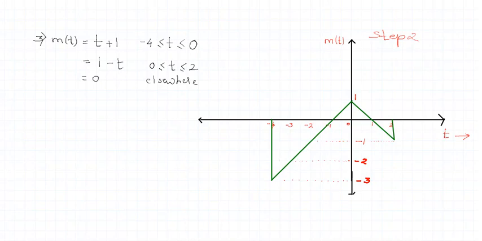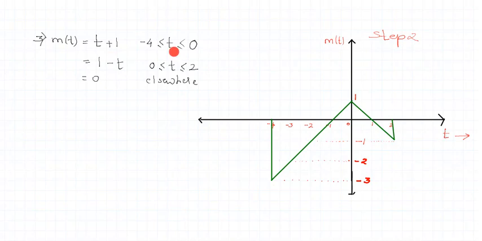Let me go for the next time. When t takes a value -3, what is the value? -3 plus 1, it is -2. So when I come to -3, what is the resulting magnitude we got? We got it as -2. So this is the magnitude of the signal at -3. What happens to the next time now? We'll now take t as -2. When I take t as -2 and put it here, what do I get? -2 plus 1 becomes -1. So the magnitude of the signal at -2 is -1. So this is how it is easy to calculate the things, right?